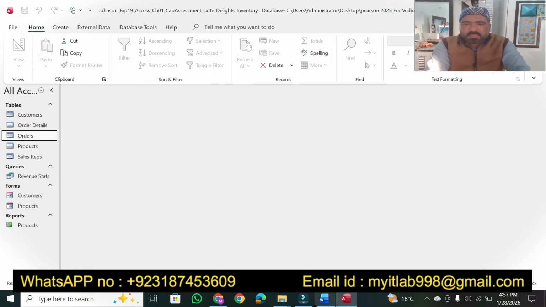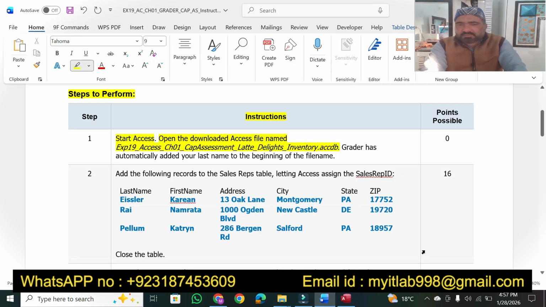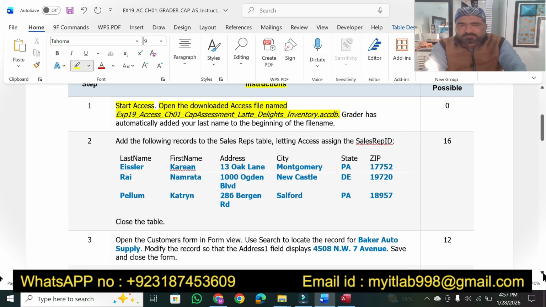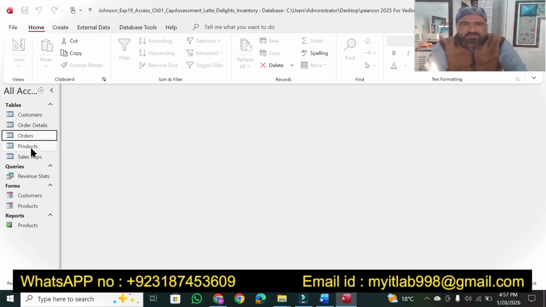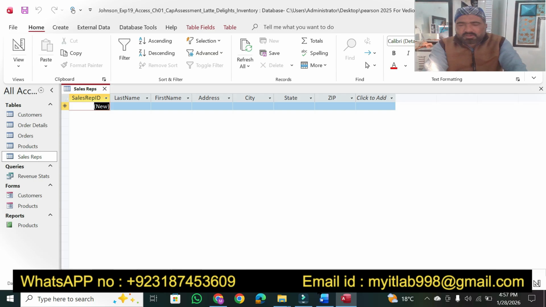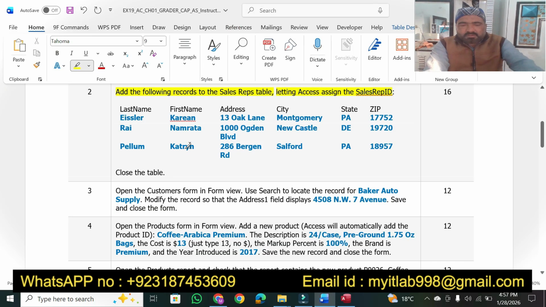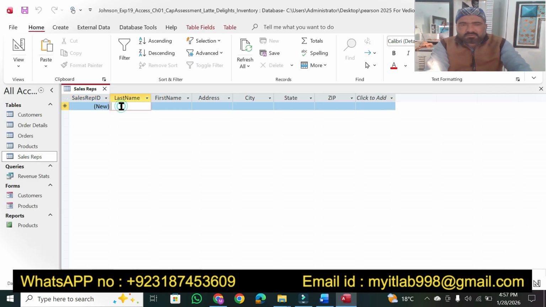Then what we have to do next, in question number 2, we have to add the following records to the sales reps table, letting Access assign the sales reps ID. Where is that table? The sales reps table is here. So here we have to enter that record. First we have to copy this one, then paste that here,